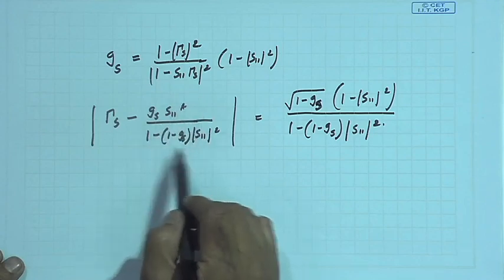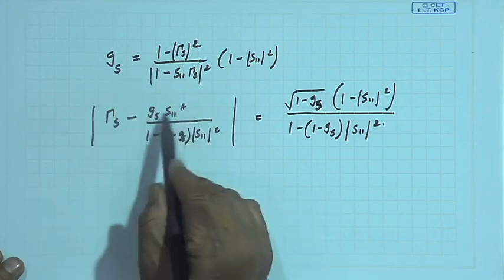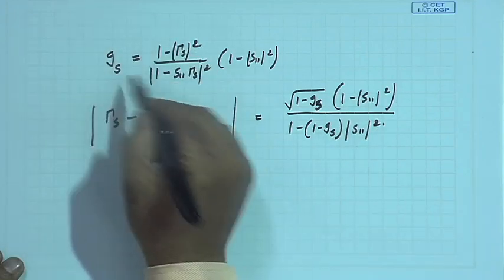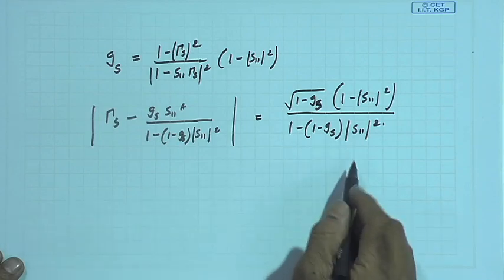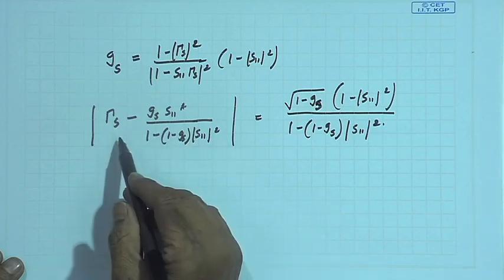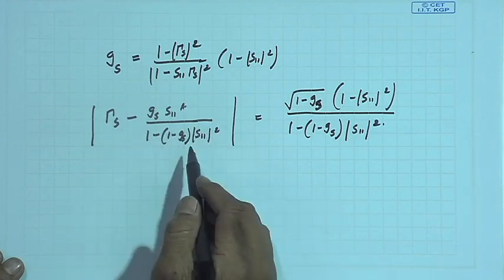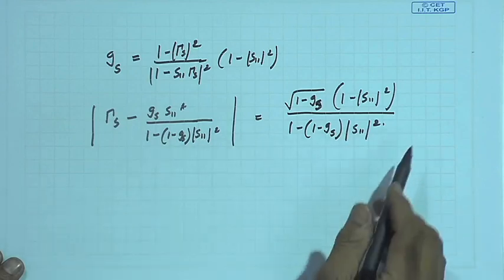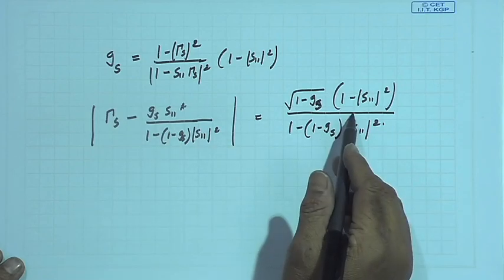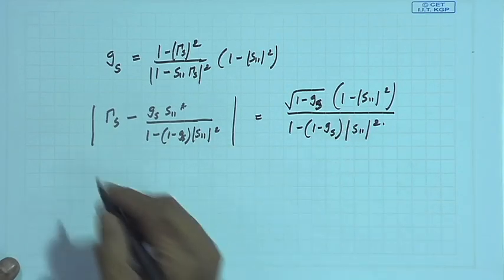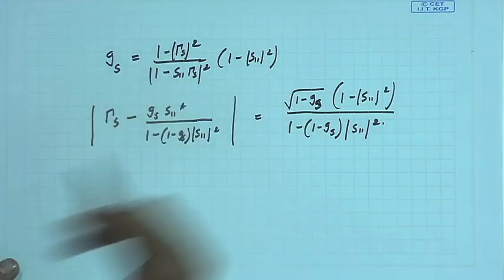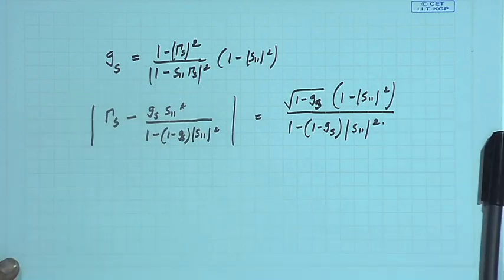So, you see again this is a complex number, this is a complex number, this is a real number. Gs, small gs is a real number. Now, what is this? In the Smith chart, if you plot this locus, can I say this is same as before? This is an equation of a locus, this locus will be a circle with this center and this radius. Now, what is this Gs? This Gs is a specified value or a constant value. So, we call this as constant